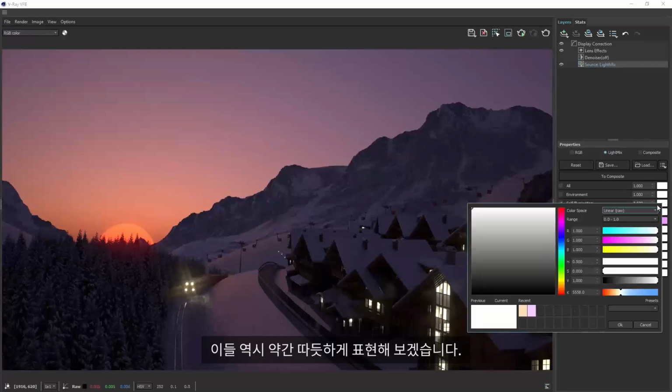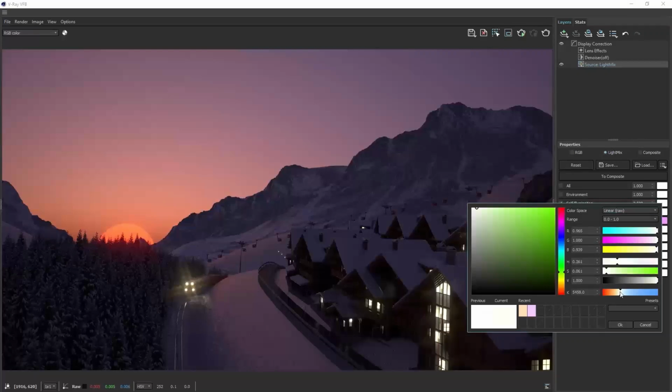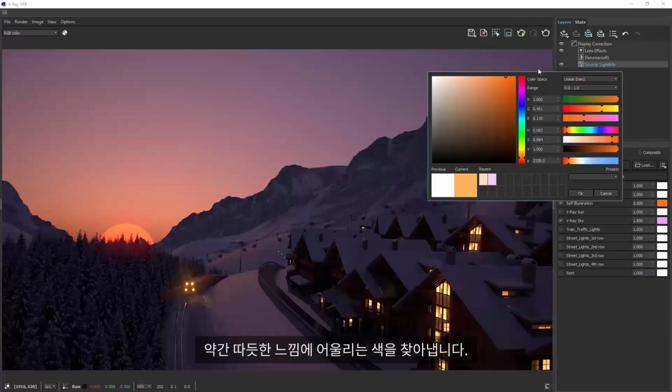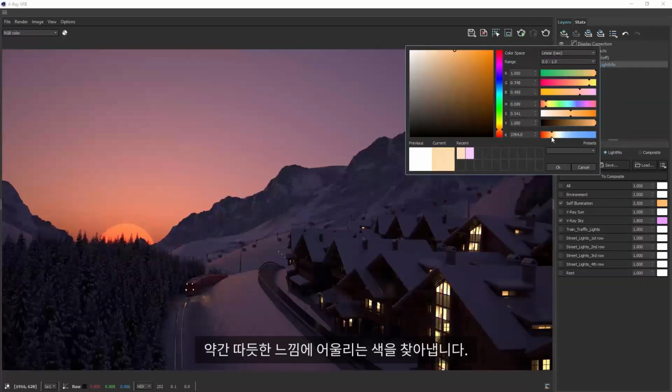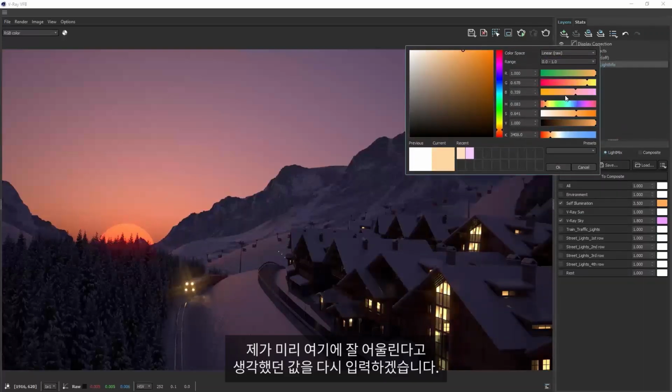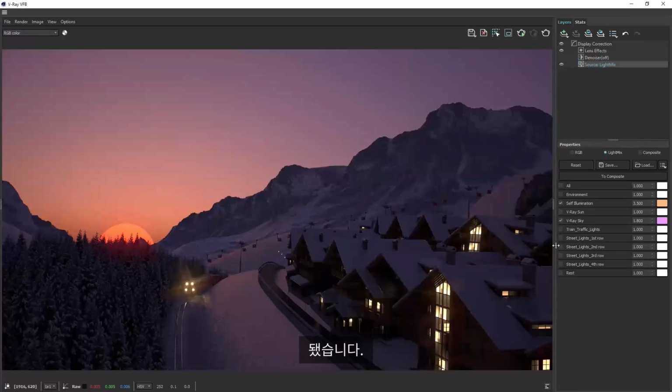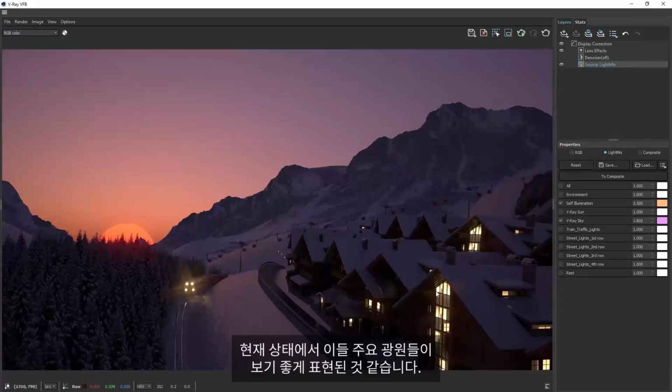And I'd also like to make these a bit warmer. So again, we can use the color swatch here to change the color, drag around and find something that works for us. A bit too warm, so something around here. I'll also input a value that I thought looked pretty good earlier, so again, just putting in some RGB values. And this will give us a nice warmer looking result. There we go. Great, so at this point, I'm liking how these main light sources are looking,